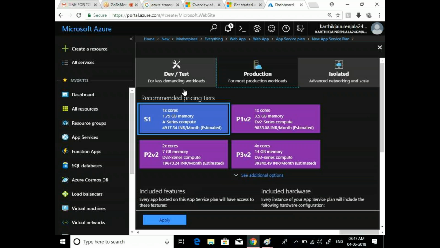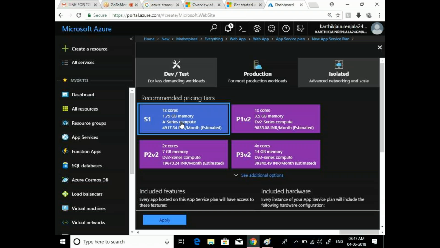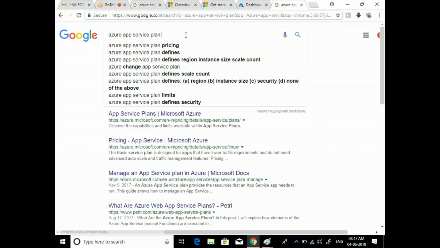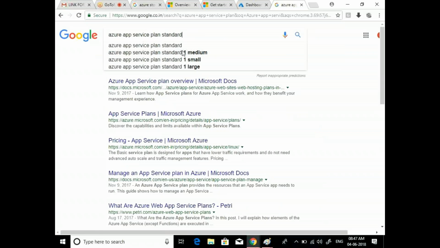I'm just going with Standard, where my current system will have one CPU, 1.75 GB RAM, and some A-series storage. If you want to see that, just search for Azure App Service Plan Standard S1 medium.